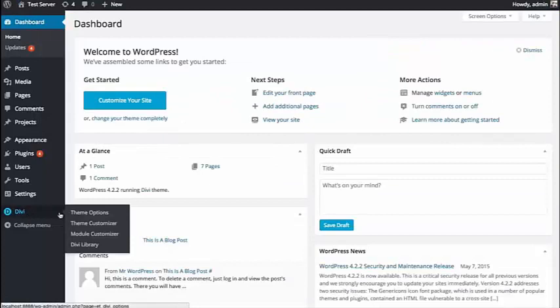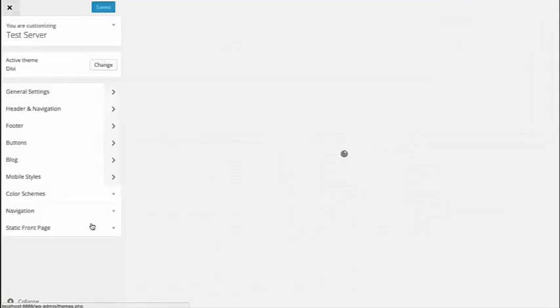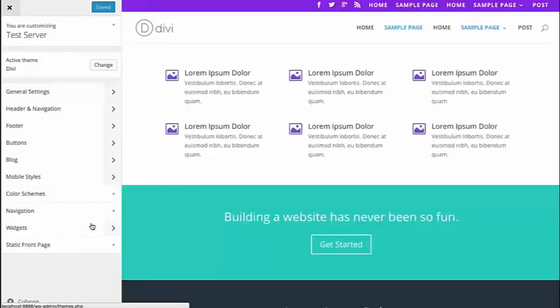Look for the Divi tab here, and then click the theme customizer link. And this will launch the theme customizer with all the hundreds of settings that we have here. But in this tutorial, I'm going to be focusing just on the mobile styles panel, which has all the mobile